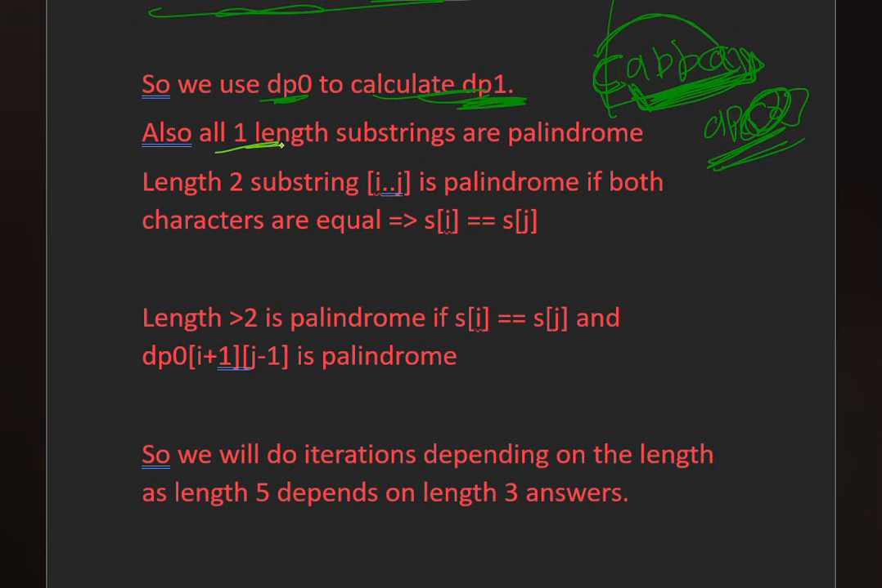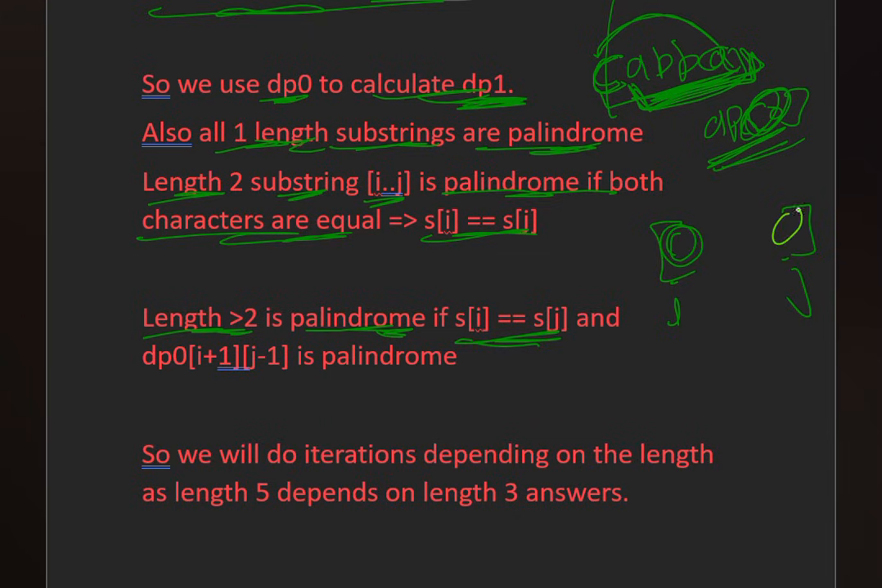And also, as we know, all length one substrings are palindromes, and a length 2 substring from i to j is a palindrome if both characters are equal, that is s of i is equal to s of j. For length greater than 2, suppose we have a string i to j and s of i equals s of j, so it will be a palindrome if s of i equals s of j and